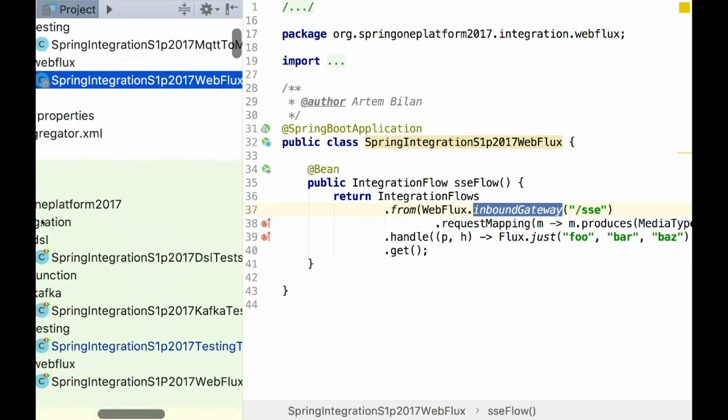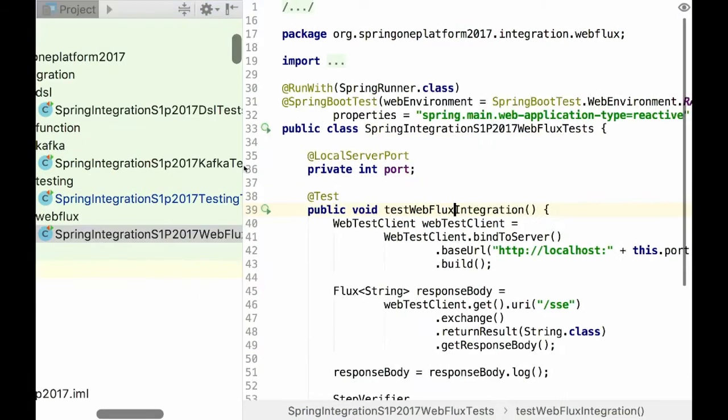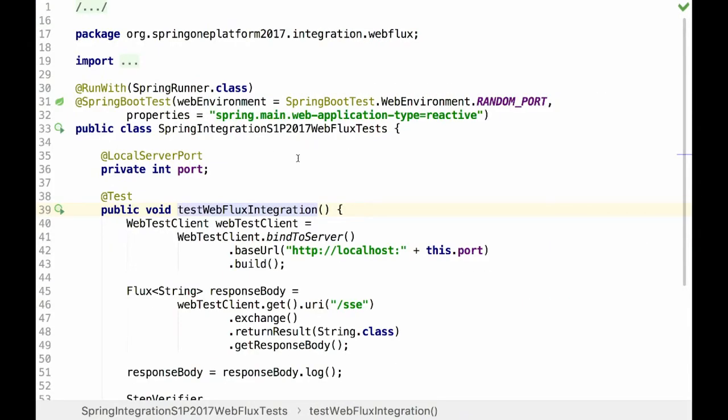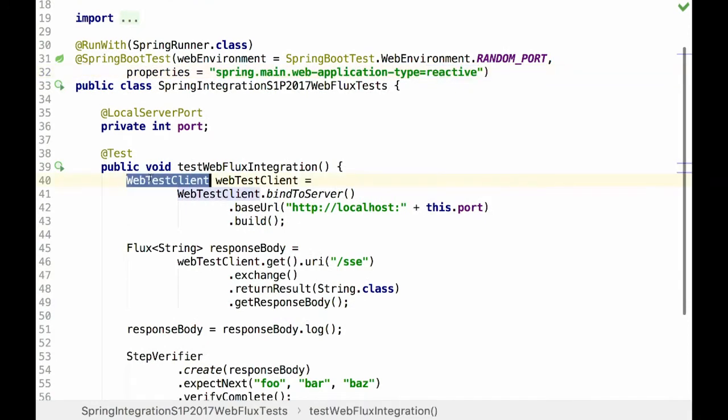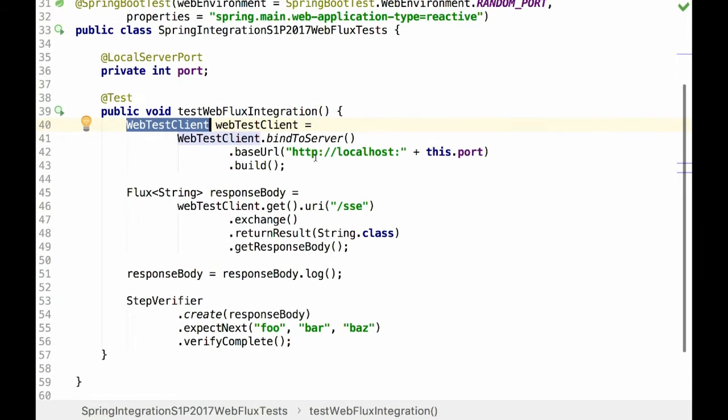The test case is a bit complicated, but it's still straightforward. It's a Spring Boot based test case with a reactive type application, and we use the web test client to perform a GET on the URL of our server-side event endpoint based on Spring Integration.